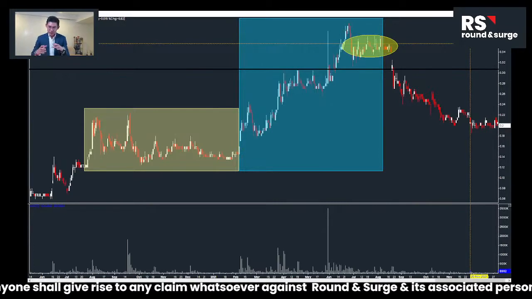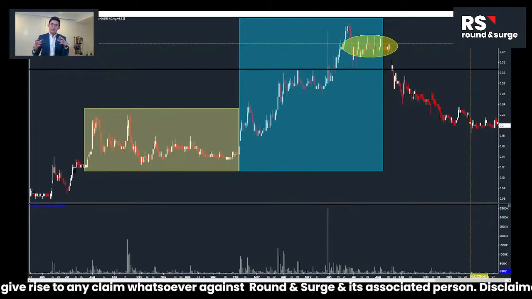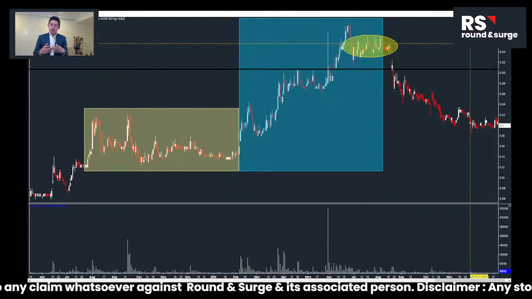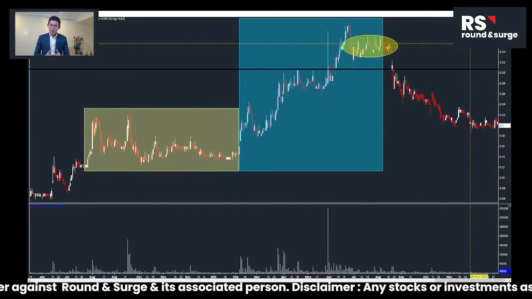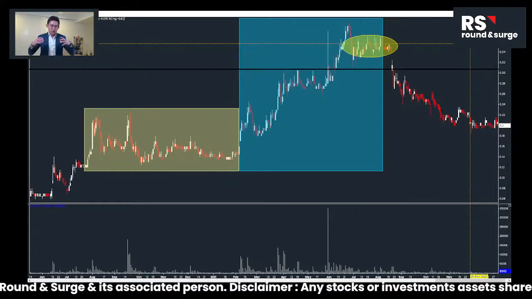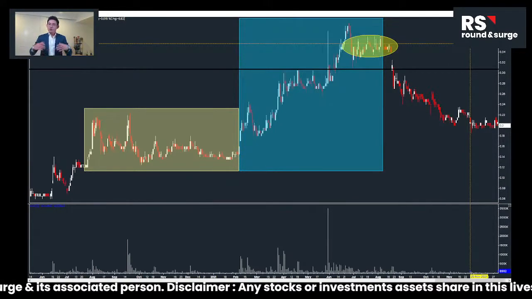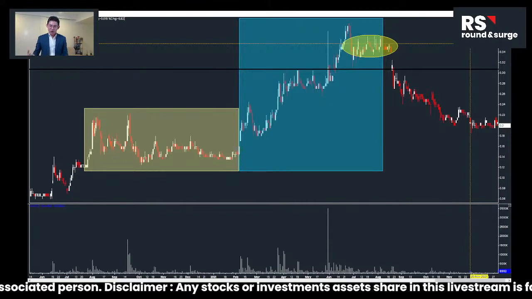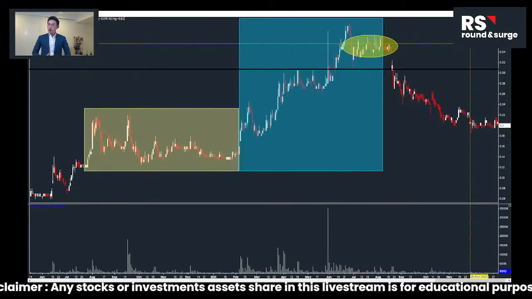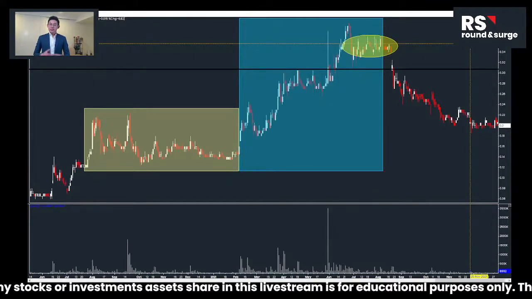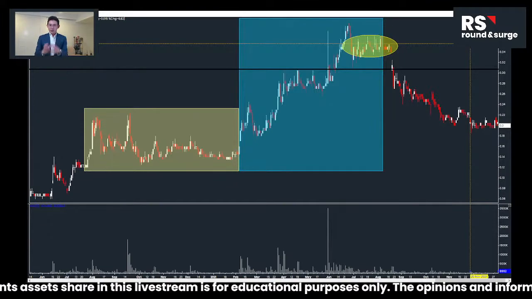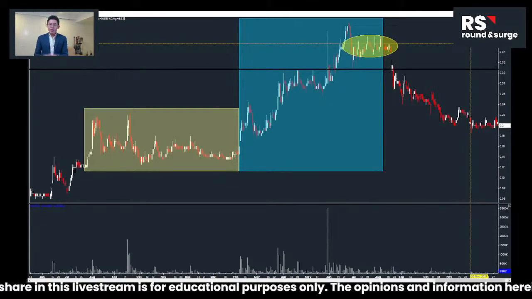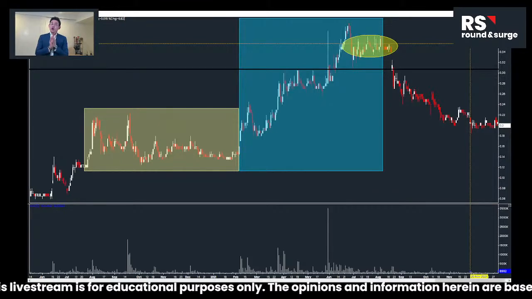Also, you'll find that you always enter stocks when they have already moved higher, because when they are doing accumulation, they will not let you know. They will not create high volume either. Anyone who tells you the high volume is the big boys, I can't say that is completely true, but it depends. We need to know the intention behind them creating the high volume. But when they are doing accumulation, they will not create high volume.